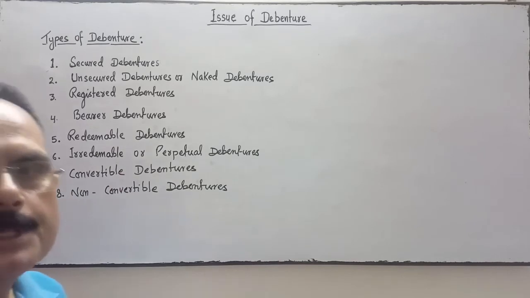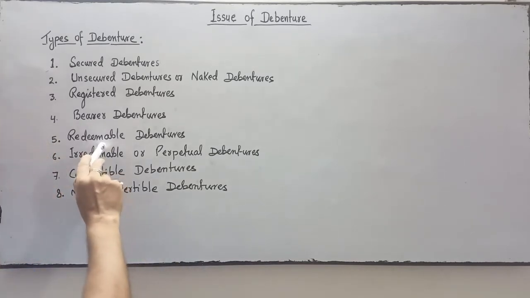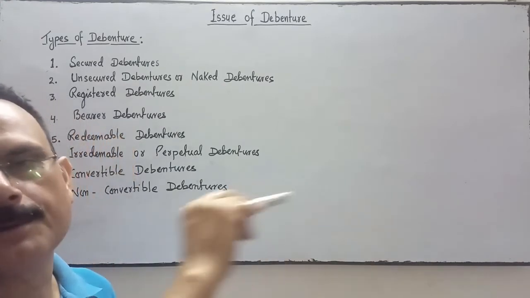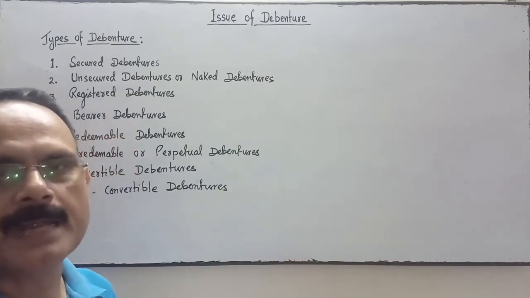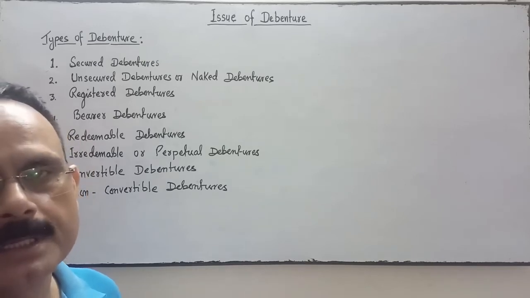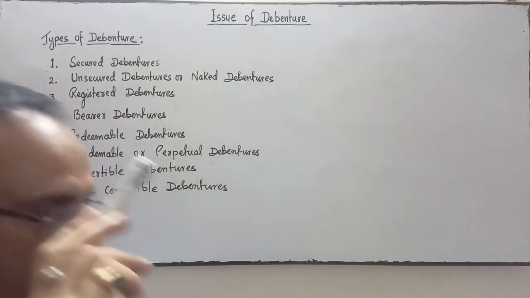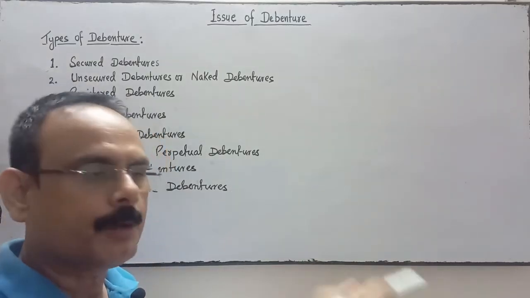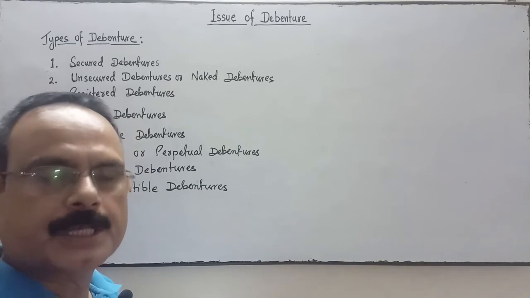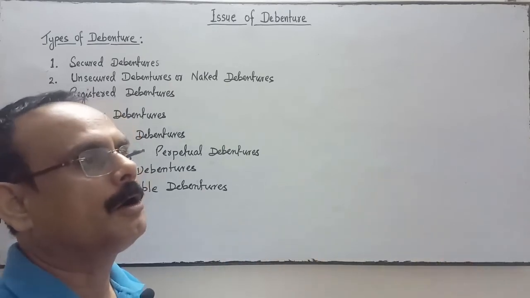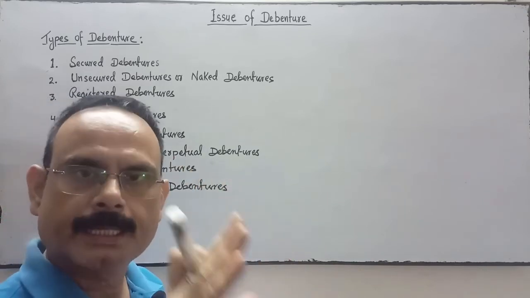Irredeemable debenture or perpetual debenture is just the opposite of redeemable. If the debenture will not be redeemed during the lifetime of the company, then it is called irredeemable debenture or perpetual debenture. Is it clear? Redeemable debenture means the amount of the debenture will be redeemed, means repaid to the debenture holder, maybe in lump sum, whole amount paid at a time, or the amount may be paid by the company